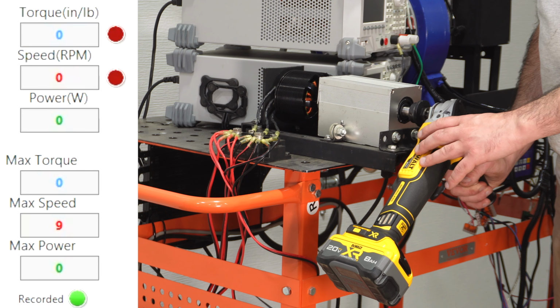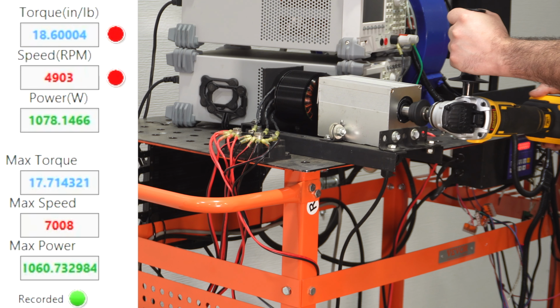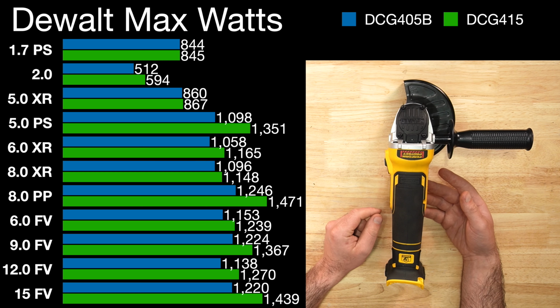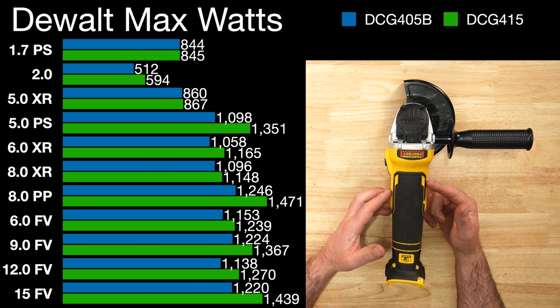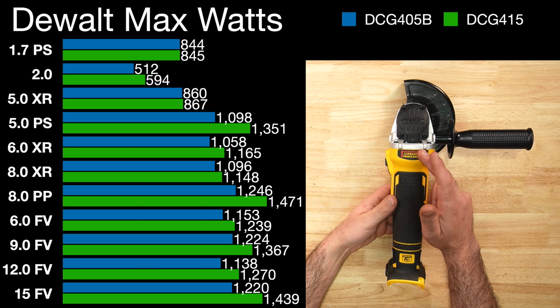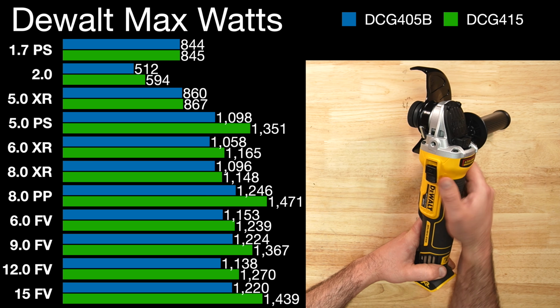The Dewalt 405 with that new 8 amp hour PowerPack. So I tested both the DCG 405 and the DCG 415, which are brushless here. Now the 405 didn't do too bad, held right there with the 415 until we added the 5 amp hour power stack. Now this does have kick protection and brake, has that simple on-off switch on the side,